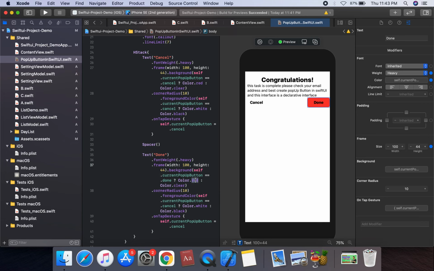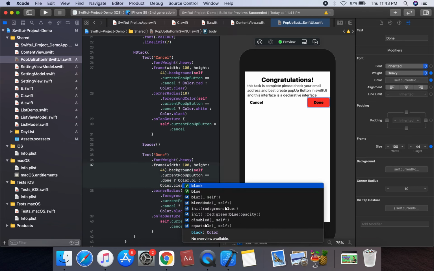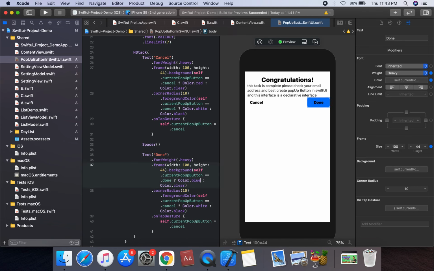So which have applied the property of done. So it's blue. Otherwise, we can force the condition is clear. For the condition clear, we can set the pop-up dot done. Pop-up button is true, color dot white. Otherwise, color dot black. We can set. You can change done cases on capture of done.